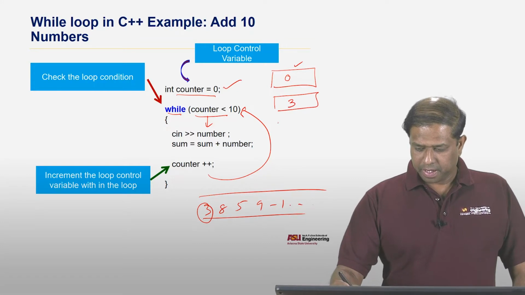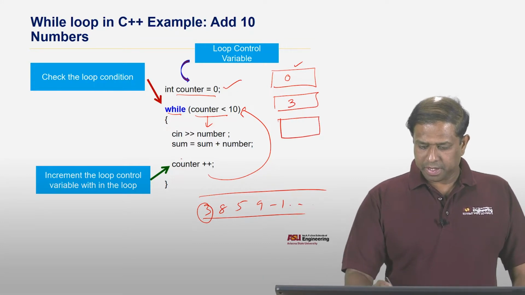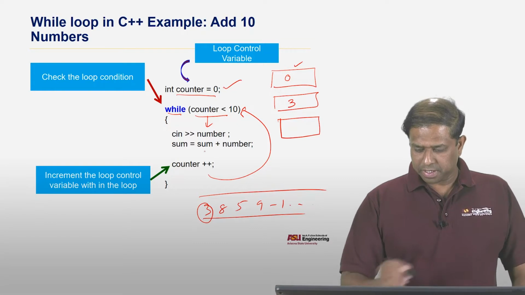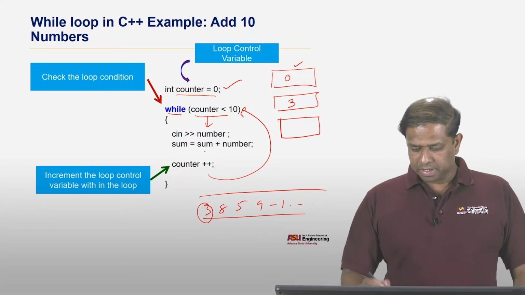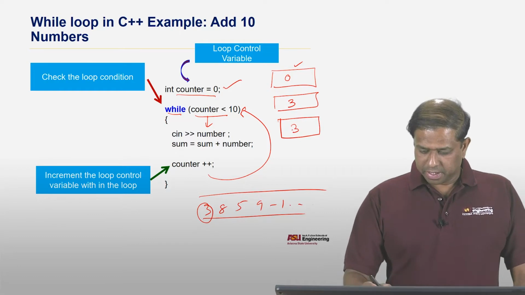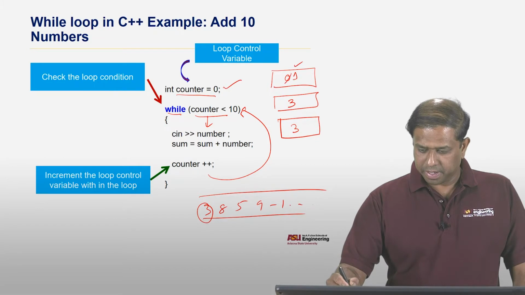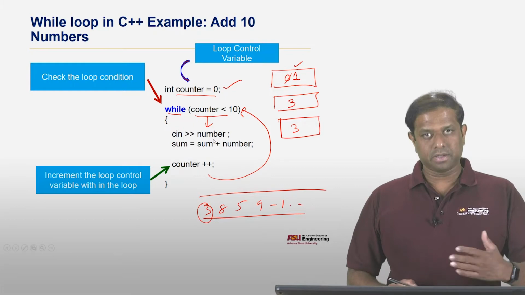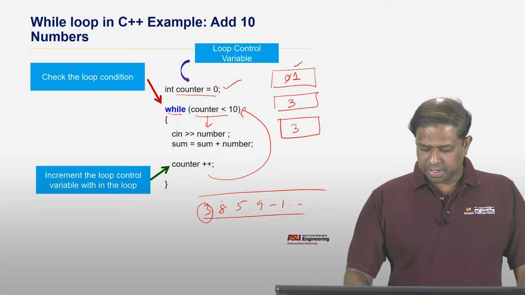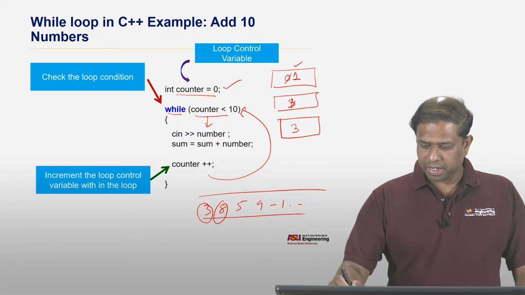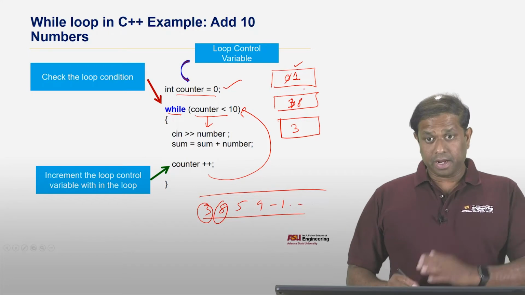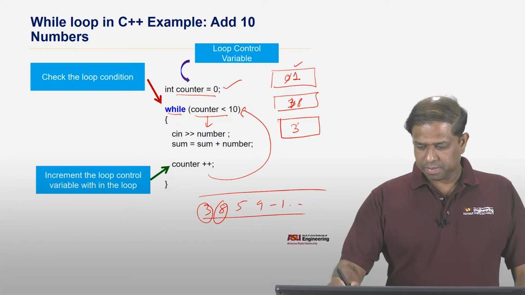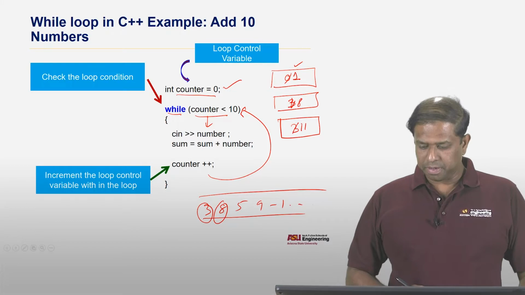So then we are reading the first number, so number will be 3, and then sum is going to be sum plus number. The initial value of sum is 0, then 0 plus 3 is going to be 3. And then we increment the counter by 1, so counter will be 1. After that we go back, and 1 less than 10 is true. So then we read the second number, which happens to be 8, and we add that to the current sum. So sum is going to be 11,